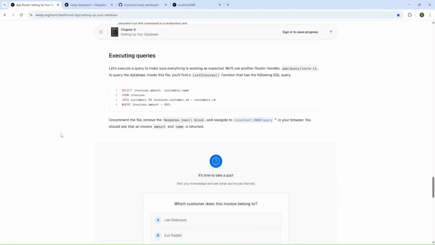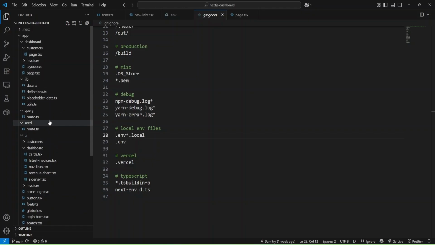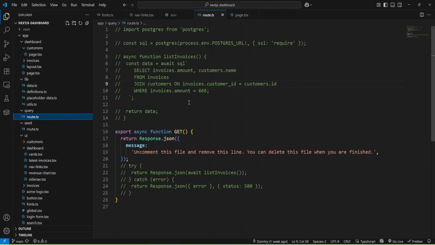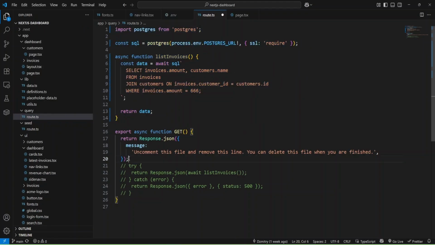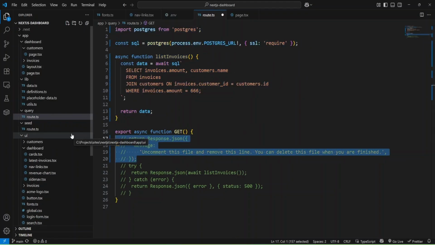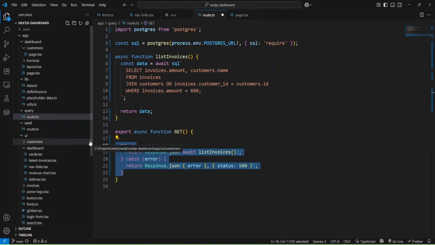And next we have executing queries. They propose to go to the query route and uncomment the code, and let's do it. I'm going to open this file and uncomment this code, remove this message, and remove and uncomment here.